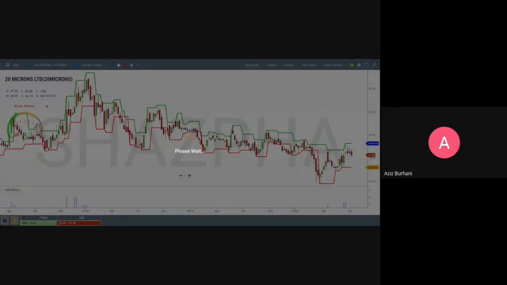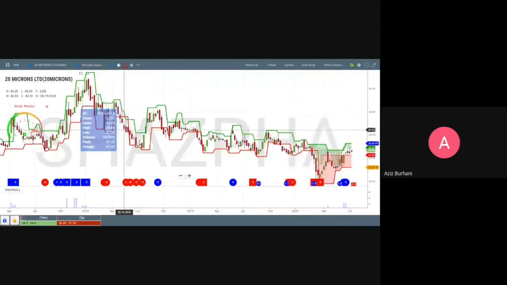Now, once again, for clarity, I want to tell everyone that your default market and your default type, you can go in your user settings, which again you will find in the menu. You can go in your user settings and you can set those. So all these things that you see here, these are being plotted because I have set this as my default template. So yeah, there are Shaspa algos.